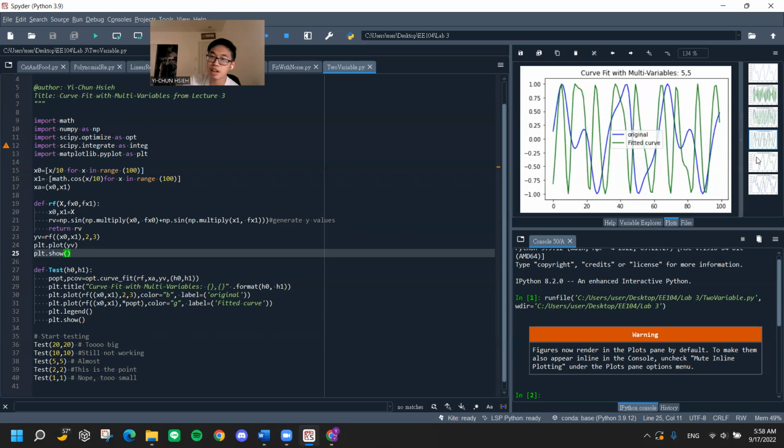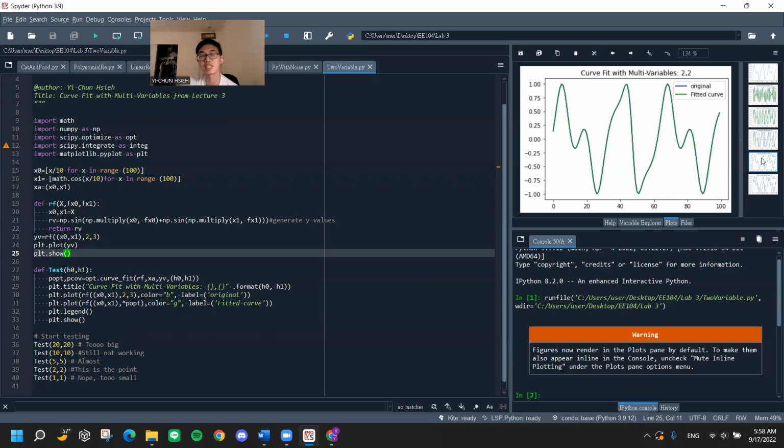Until 5, and in the end, once we input 2, we will have the perfect curve fitting for this part. And if we use 1, it will show like this, which is not good enough for the regression. So this is all